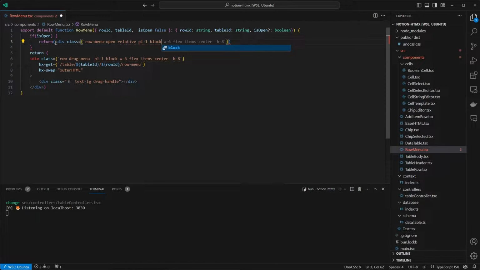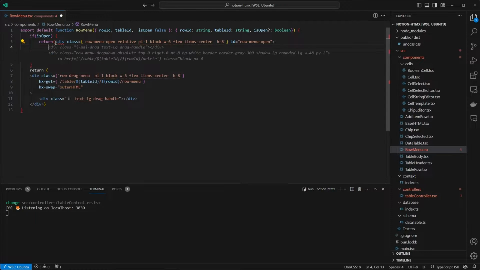Width flex. Yes, this all looks good. We'll give it an ID of row menu open,